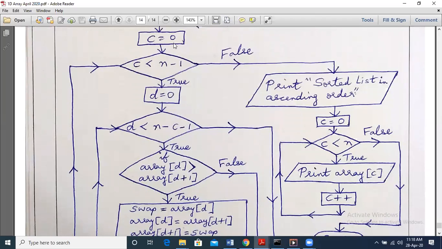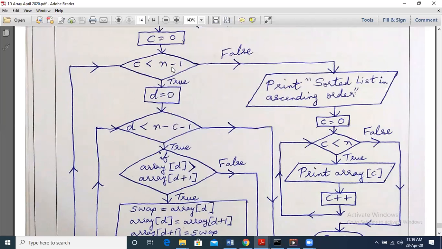So it starts from 0 up to n minus 1, 6 minus 1 is 5, so up to 4: 0, 1, 2, 3, 4. That means there are 5 passes. In the example we considered yesterday, there are 6 numbers. If there are 6 numbers, there are 5 passes in the bubble sort. That is the reason we give C less than n minus 1.